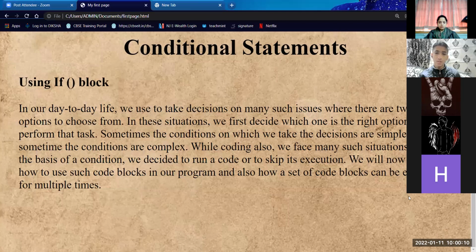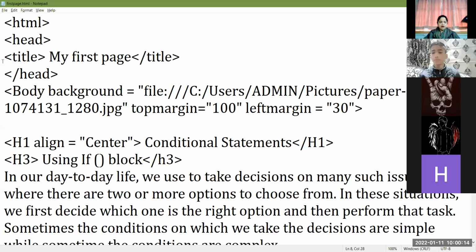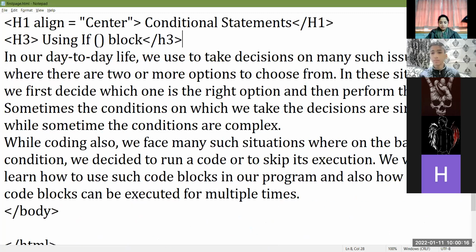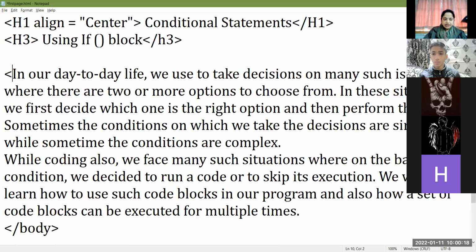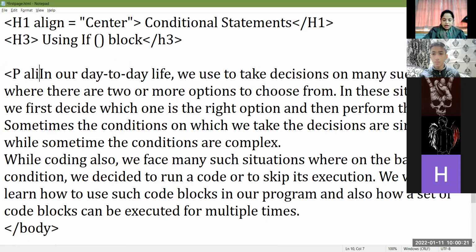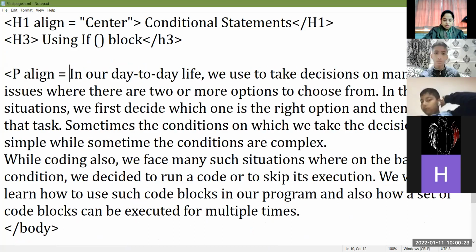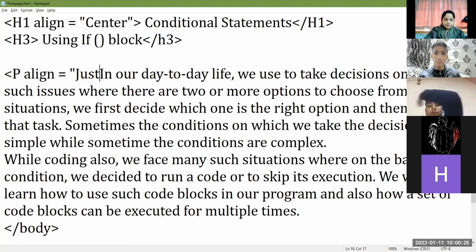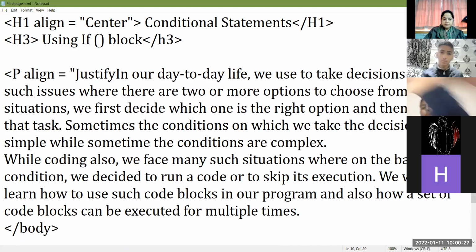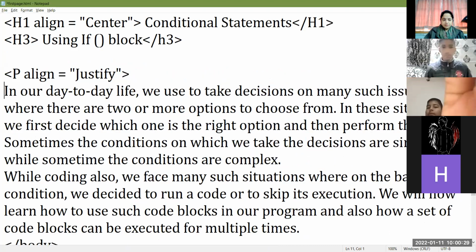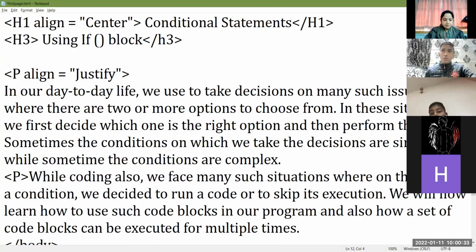So go to coding. Okay, I'm typing this paragraph just about day-to-day life. I'm giving the p tag, making it align equals to justify. Close the p tag. Now type the paragraph. Suppose for the second paragraph I'm having p.